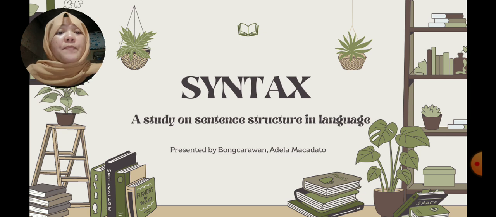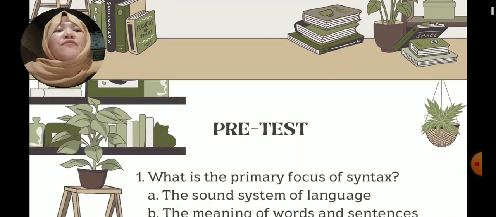Today the topic that I am going to discuss with you, teachers, is about syntax, a study on sentence structure and language. By the way, my name is Adela Bongcarawan and I am the one who will present this topic with you. Alright, so before we proceed with the formal discussion about syntax, we will have our